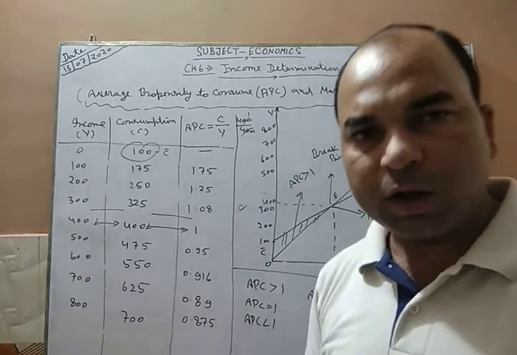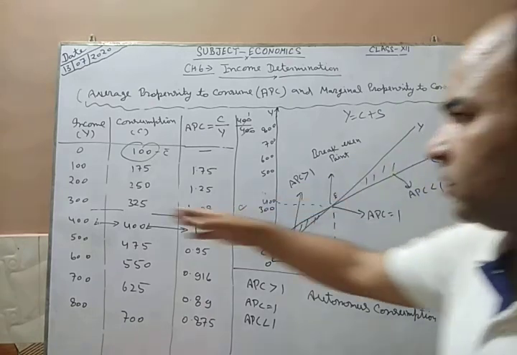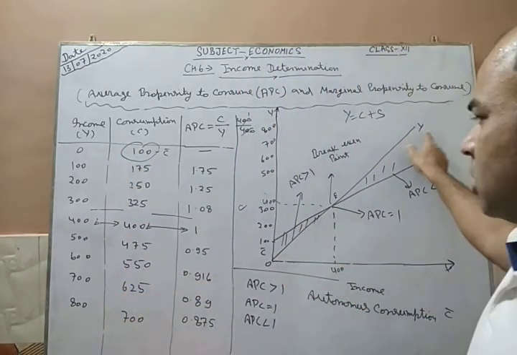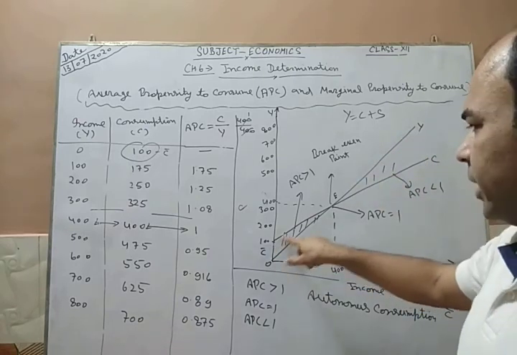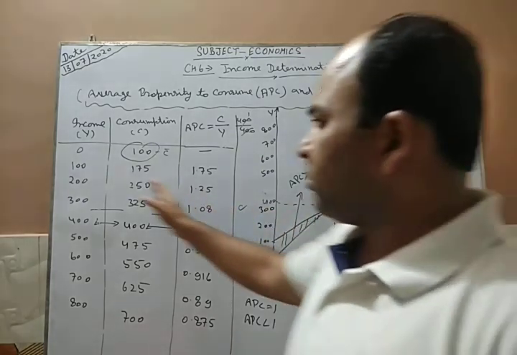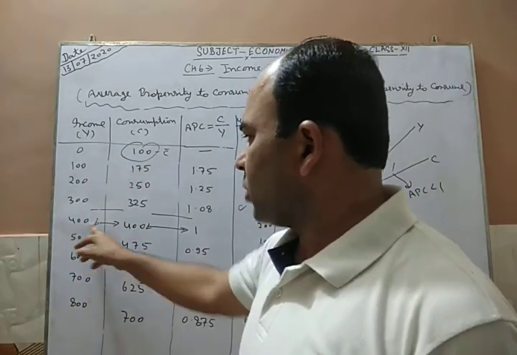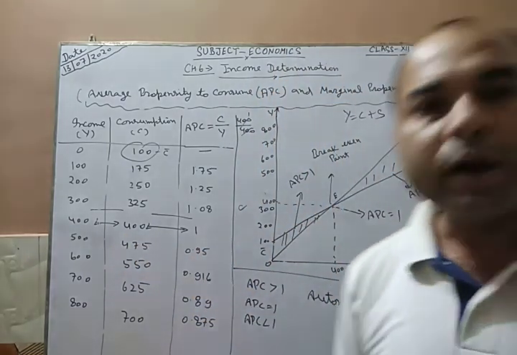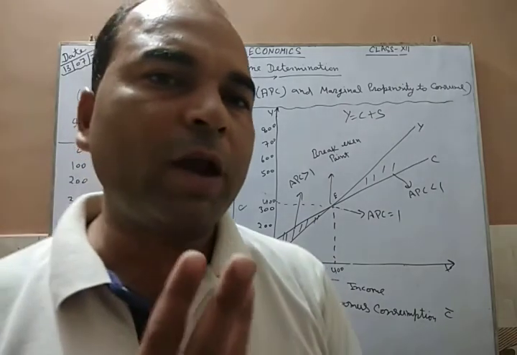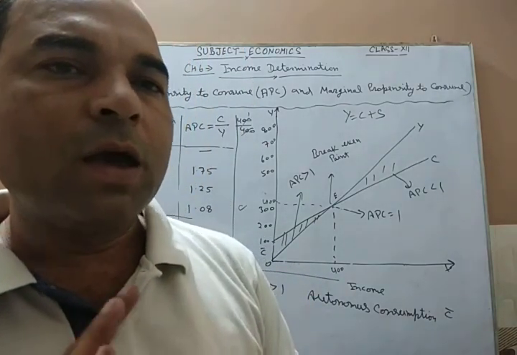अब इसकी फीचर्स लिखनी है हमें. डायग्राम सिंपल है. Y का ओरिजिन से बना हो गया, ओरिजिन से सीधी लाइन खींच दिया आपने 45 डिग्री एंगल, दिस इज Y. और C थोड़ा सा ओरिजिन से ऊपर लेंगे और इसको कट करके इसके नीचे ले आएंगे. नीचे क्यों लाए हैं? क्योंकि इनिशियल में ये ज्यादा होता है, बाद में जाके ये, तो एक ना पॉइंट 400 पे दूसरा एक दूसरे को इंटरसेक्ट करते हैं. सो स्टूडेंट्स अगर फीचर्स लिखे तो 3 फीचर्स इज अ वेरी वेरी इंपॉर्टेंट. 4 फीचर्स आप बोलोगे इसकी. फर्स्ट फीचर्स क्या है कि